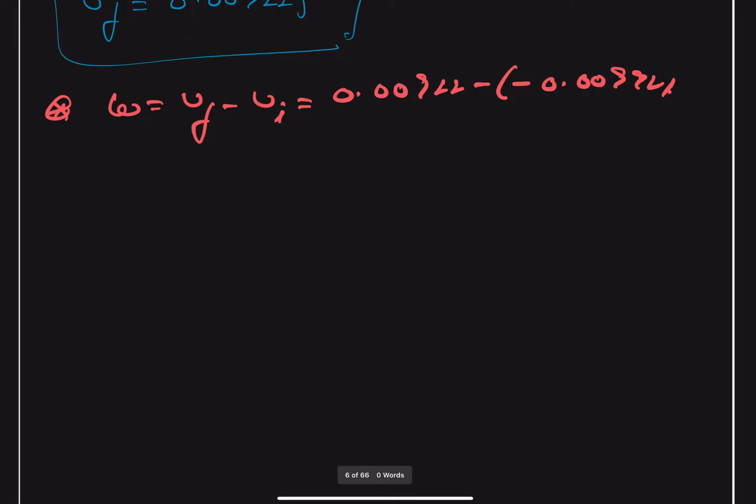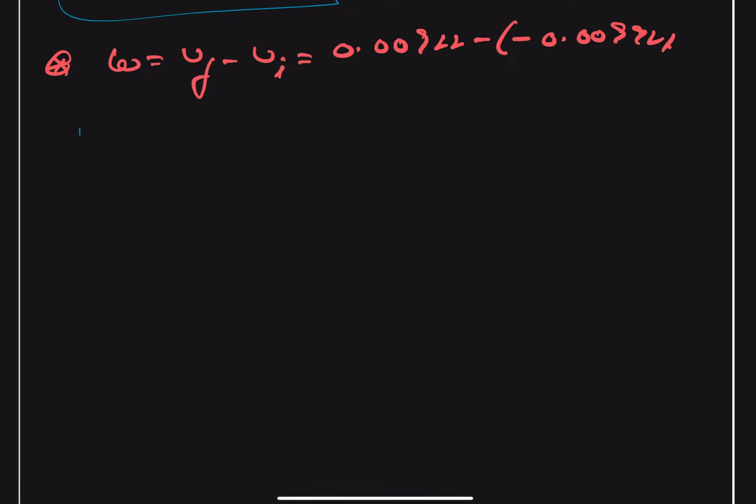So minus minus becomes plus. So we get our work done will be equal to, we can write this as twice into 0.00922. Sorry,